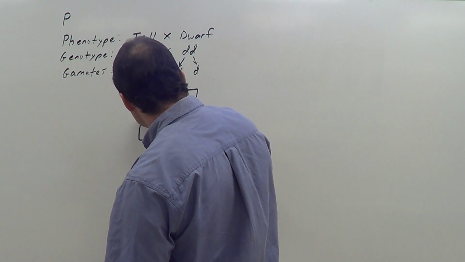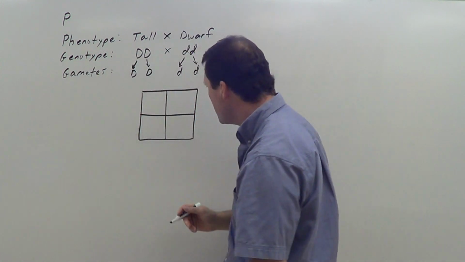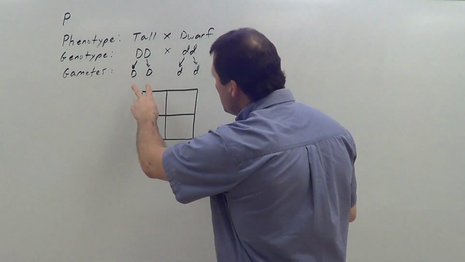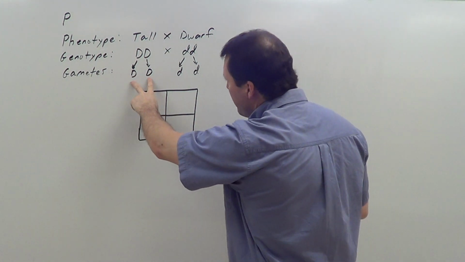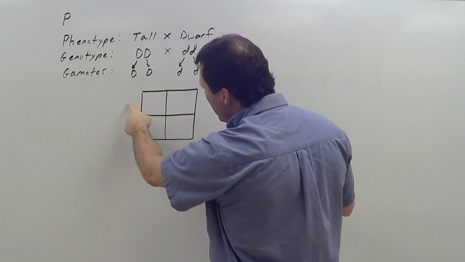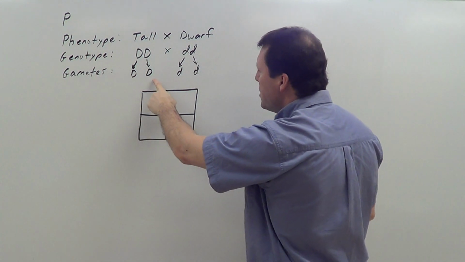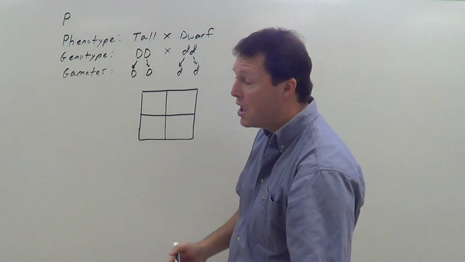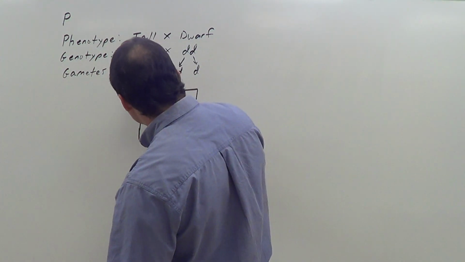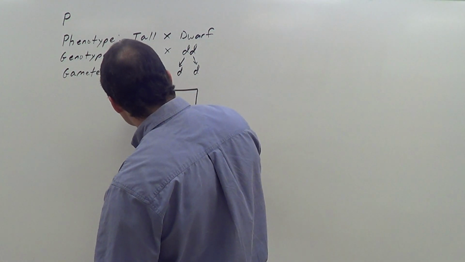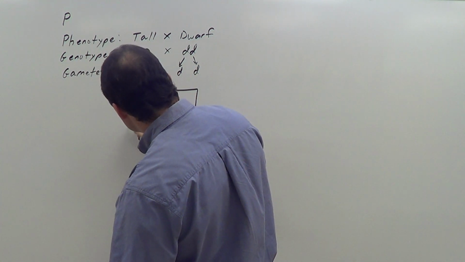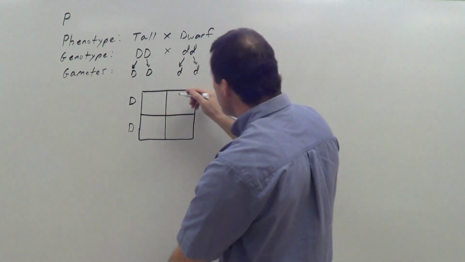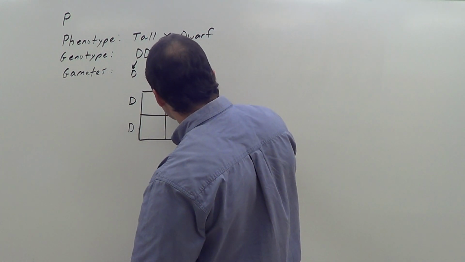Now this Punnett square is going to be for a monohybrid cross, so it's going to only contain 4 squares. So I'm going to take these two gametes, or these two genes, and I could either put them here and here, or I could put them here and here. Doesn't matter. The results are going to be the same. So I'm going to take my D's, and I'm going to put one of the D's here, and the other D down here. And I'm going to take my lowercase d's, and I'm going to put one here and one